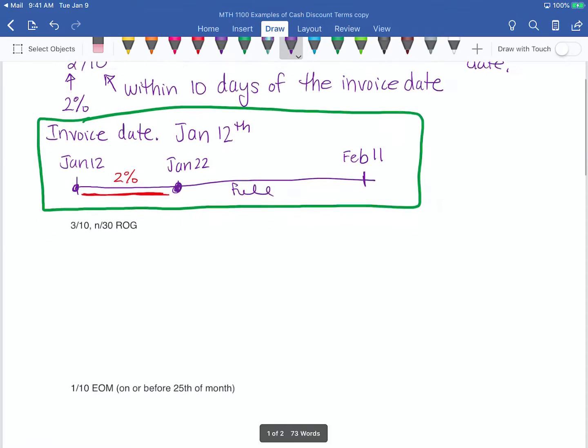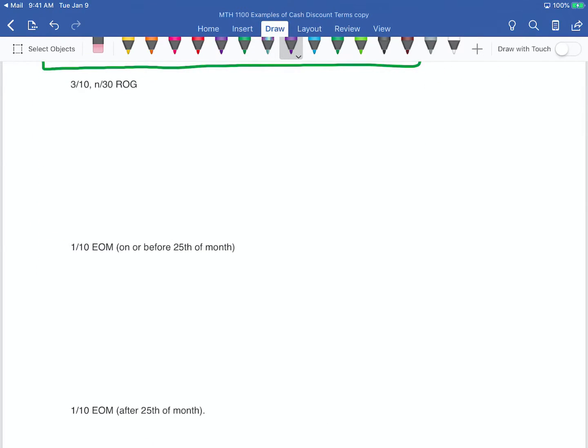Now, if I add the letters onto our terminology here, ROG means receipt of goods. And the only difference between this example and the previous example, instead of the discount period starting on the invoice date, you start from the day that the goods are received. So this means we get a 3% discount if we pay within 10 days